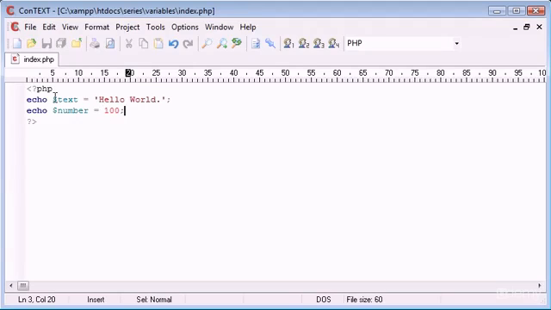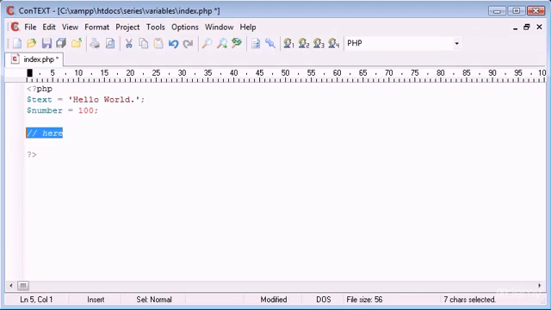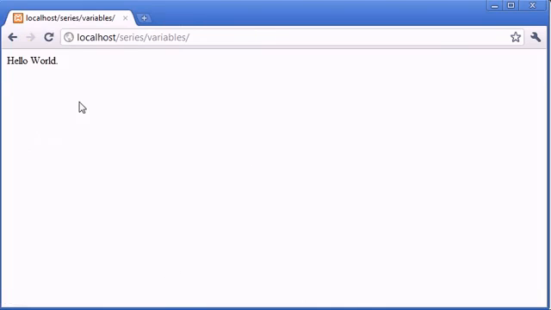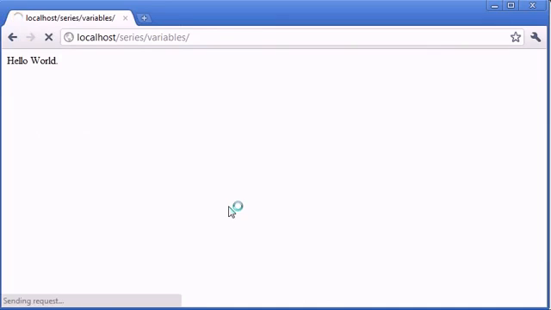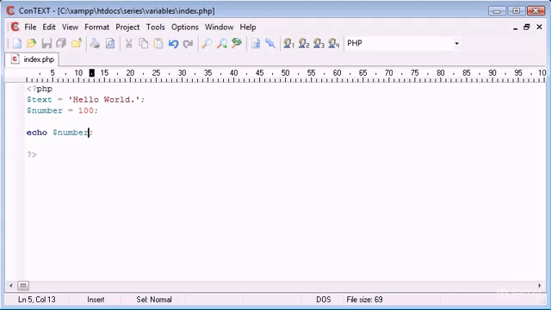Now this is not a great way to do things, because what we want to do is declare the variables up here with our assignment, and then here we want to display them to the user. So for example, I could say echo $text, and we can refresh our page, and you can see that that's just echoed out our single variable text. Don't forget your line terminator. As well, we can echo $number, so if we refresh, we've got 100 there,